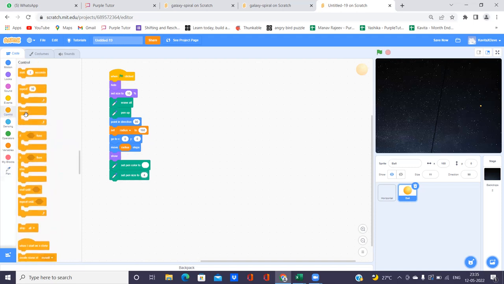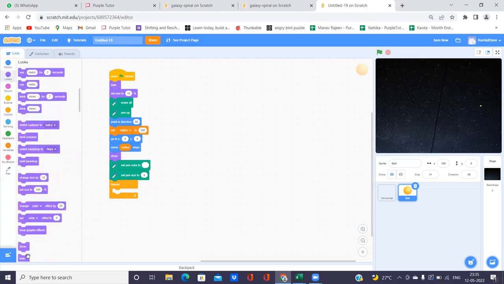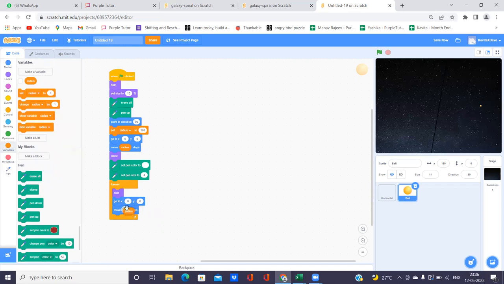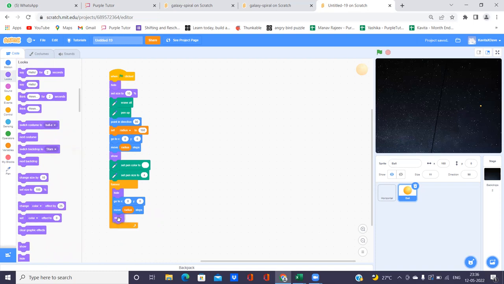Come to control. This process is continuously being repeated, so we are taking a forever loop here. In the forever loop, we first of all put the hide command for our sprite. Once it is hidden, we will adjust it in the center of the screen again by setting go to X to 0 and Y to 0. Then we will make it move by radius number of steps. Once it is moved by radius number of steps, we will make it seen with the show command here. And then